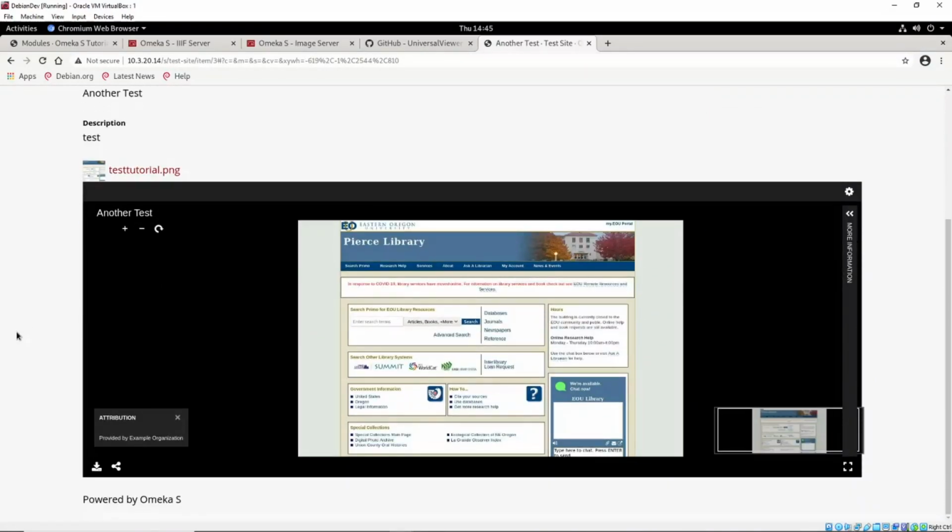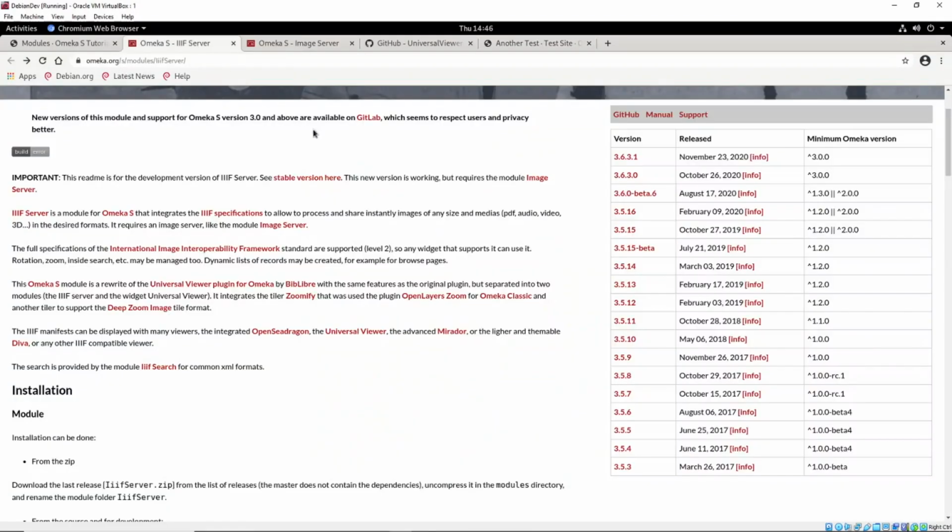And so at this point, I believe we have everything configured for IIIF compliance. So you should be able to start using the viewer and hooking into other APIs that allow for people to view and manipulate and play around with IIIF compliant images. And of course, as I had said at the beginning when we were looking at the server itself, the most recent version that's supported is